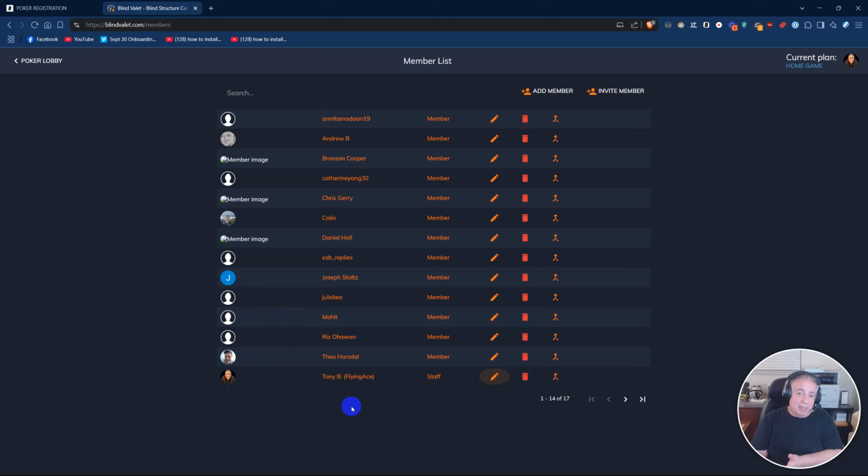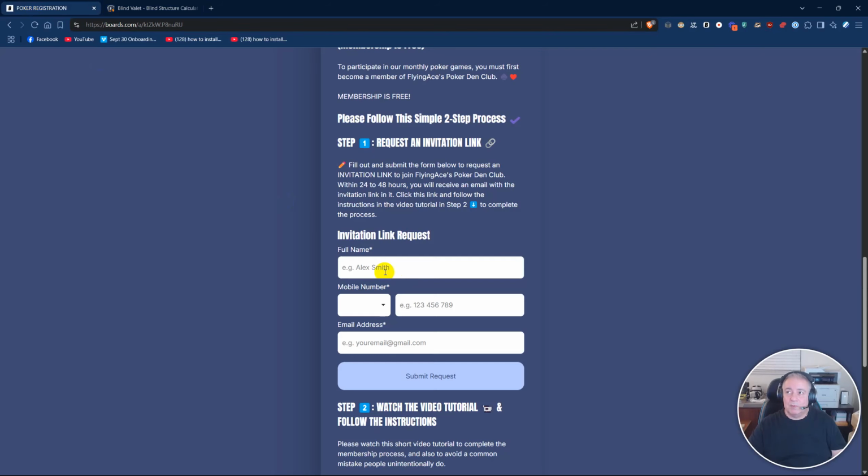And if you want to add a handle, do so, but put the handle inside brackets. So for example, if your name is John Smith, you can put John Smith in brackets Poker God, or John Poker God in brackets Smith. So you can put the handle either at the end of your name or between your first and last name, or between first and your last initial. However you want to do it, but whatever name you want to show up is what you must enter